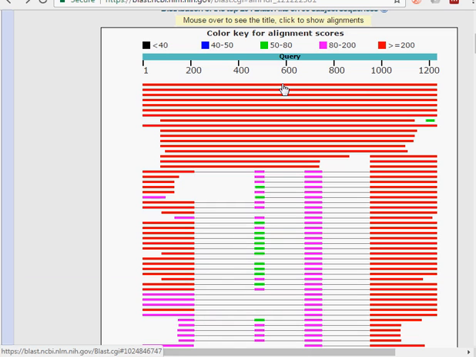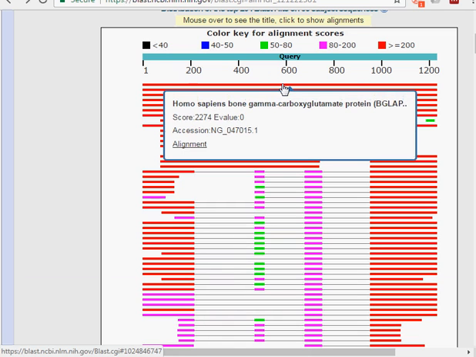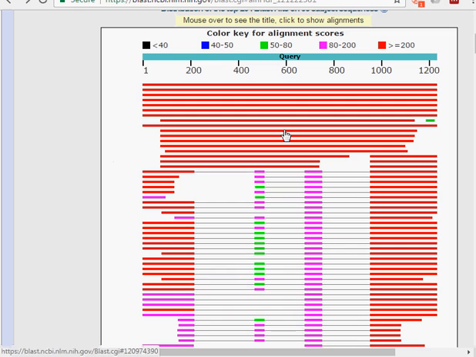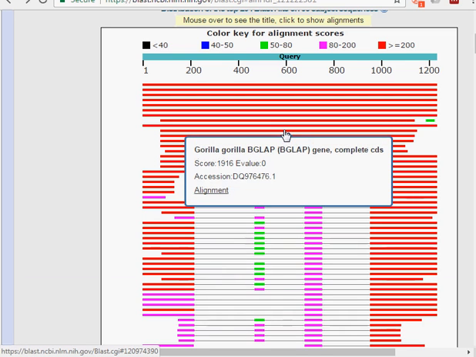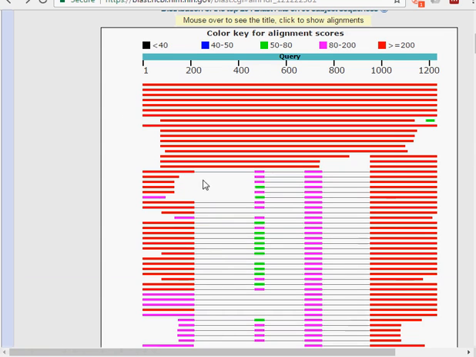If I left click on the very first alignment, I see the score 2274. If I go below, I left clicked and the score is now below 2000. It's 1916. So the higher alignment scores are provided first, and the information is also color coded,